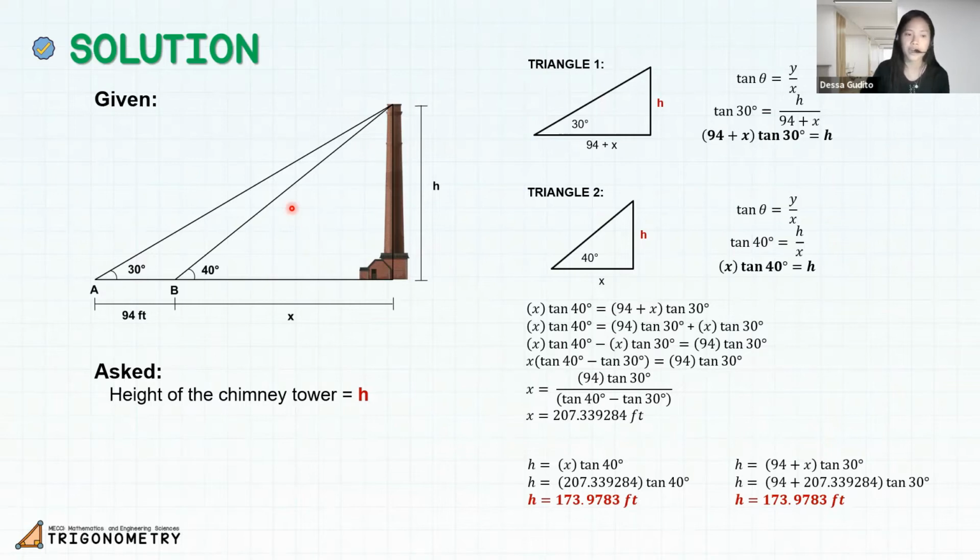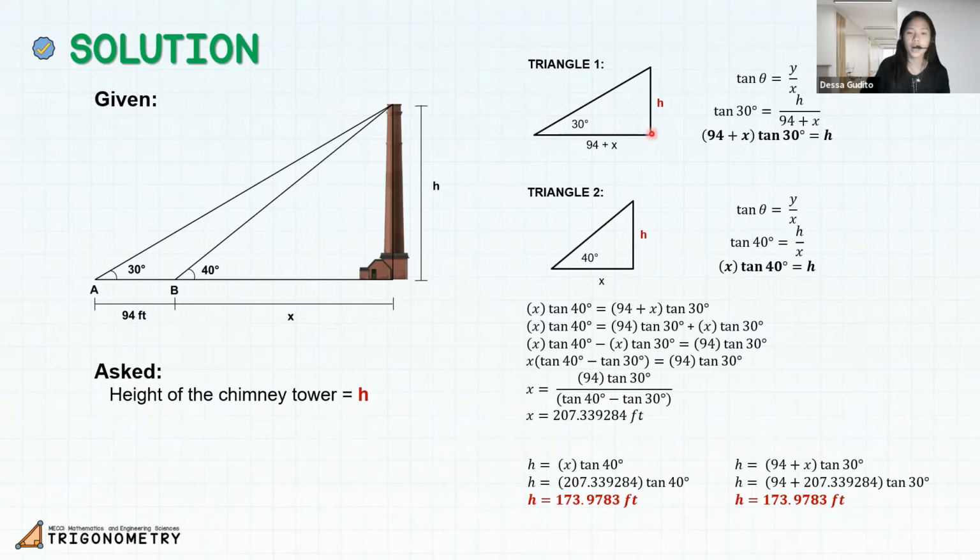Based on the illustration, what is involved in the problem is the y component and the x component of the triangle, and among all the identities, what we know is that the tangent theta relates the y and the x component of